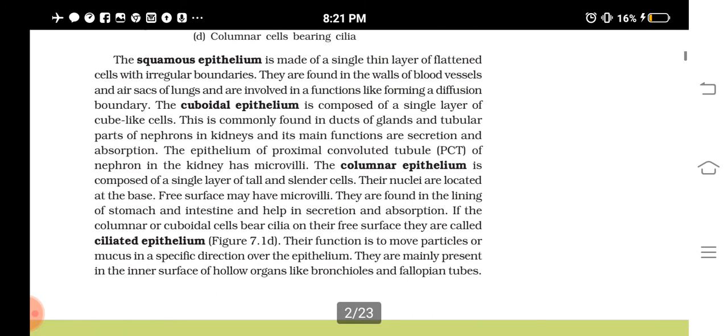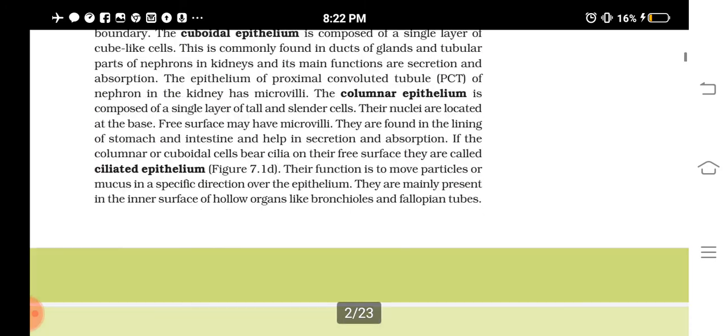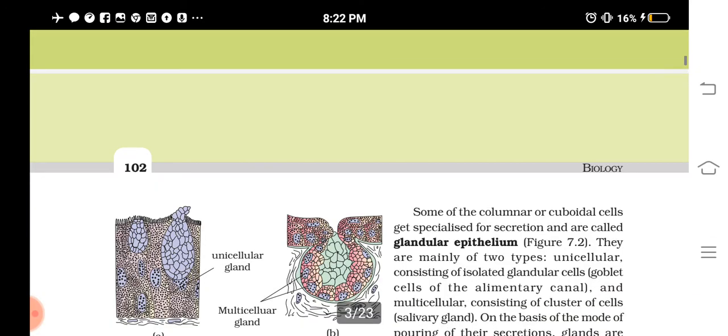So you can see them in hollow organs like bronchioles. Do you remember bronchioles? What is that? Part of the respiratory system, isn't it? And the fallopian tube is what? The part of the female reproductive system. So this movement of the cilia will help move the ovum or egg which is released from the ovary to go in one direction. So these are the different types of